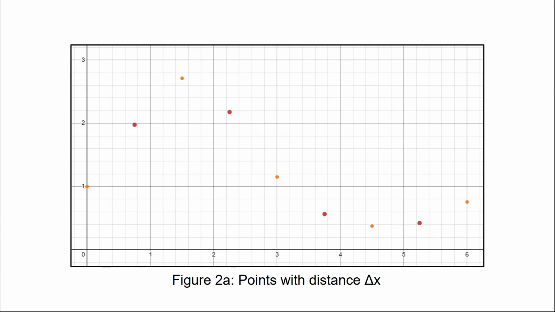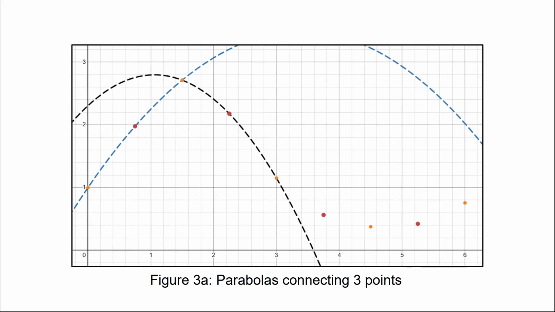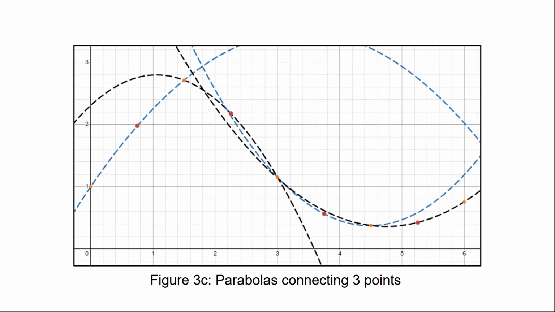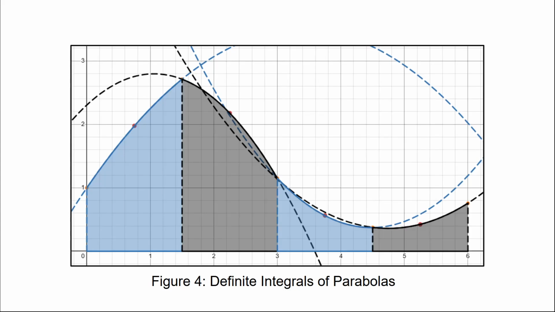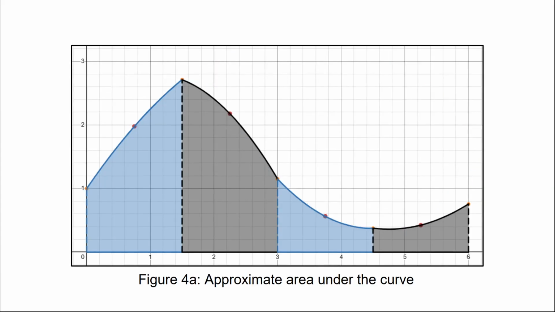Now, from those first 3 points, we can come up with an equation for the parabola that is on all 3 points, since any 3 points in space can have a parabola connecting them. Now, we'll make more parabolas that go along the entire curve. If we bound those parabolas, we can take the definite integral of them, which gives us an approximate